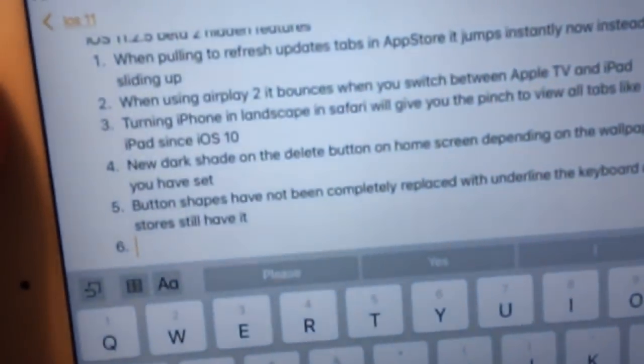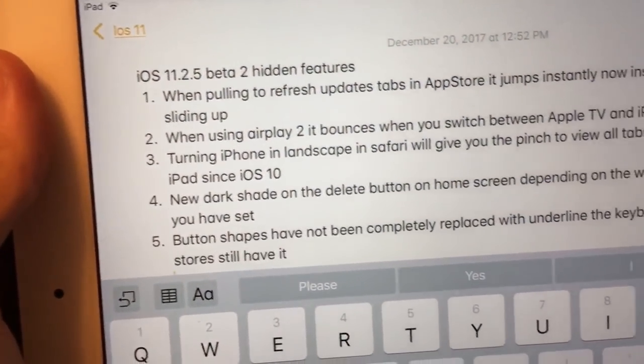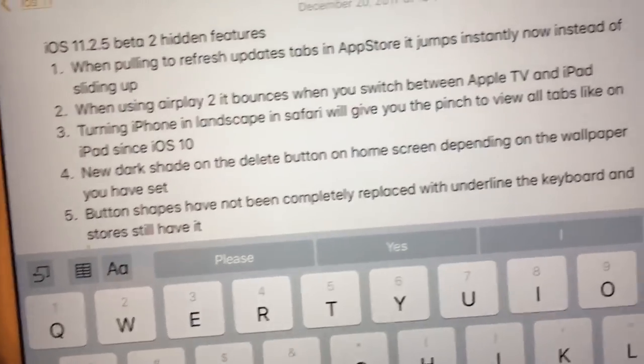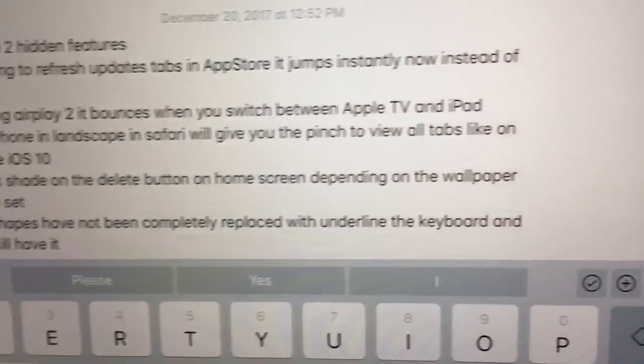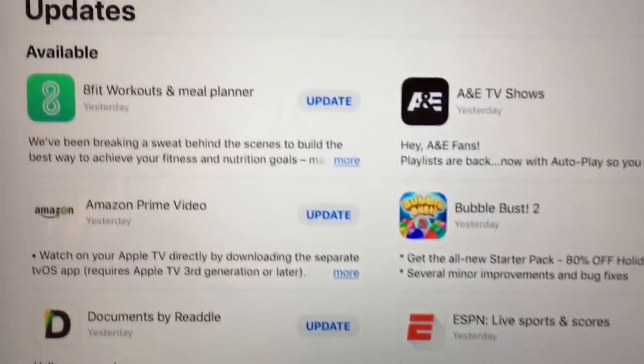Guys, that's the protein to show you 5 more hidden features in iOS 11.2.5 Beta 2 that I found today. First one is pulling to refresh the update tab in the App Store, it jumps instantly now instead of sliding up. So in the App Store when I pull up,